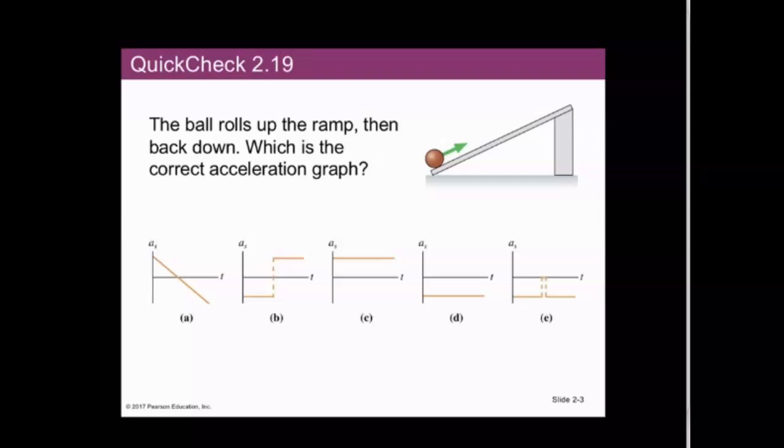In this quick check, the ball rolls up the ramp, then back down. Which is the correct acceleration graph? Well, as the ball goes up the ramp, it has an acceleration that points in the opposite direction as the direction of the velocity vector. So midway,